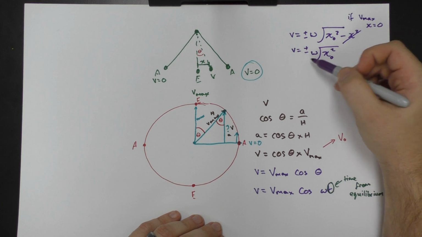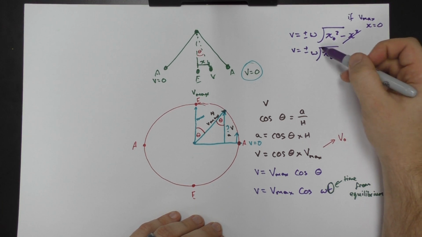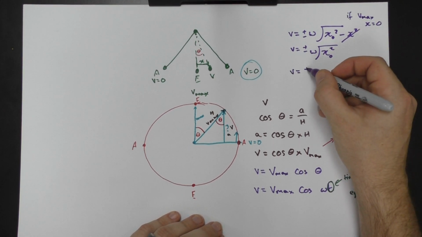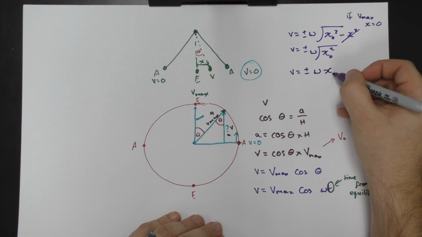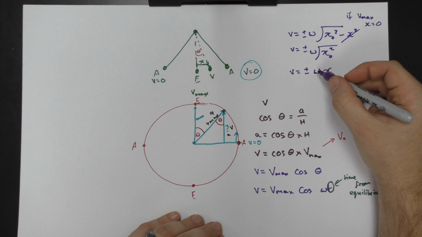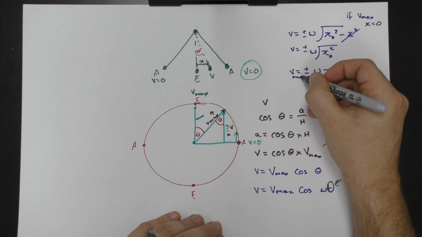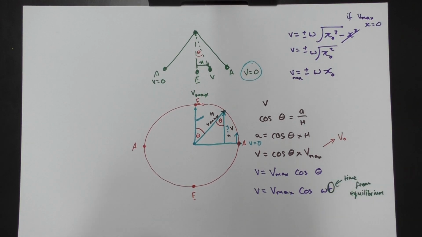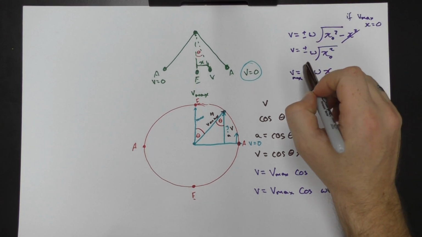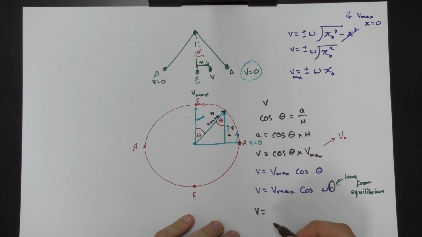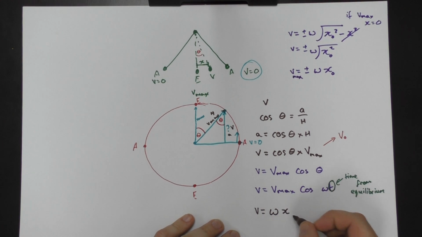So V is equal to omega times the square root of x naught squared. Well, if you square root a square number, all you end up with is just the value. So V is equal to plus or minus omega x naught, which x naught is the amplitude. Remember, omega is the angular velocity. So the velocity max is omega x naught. And we can now use this equation in this one to make a final version of this equation, which will be V equals omega x naught